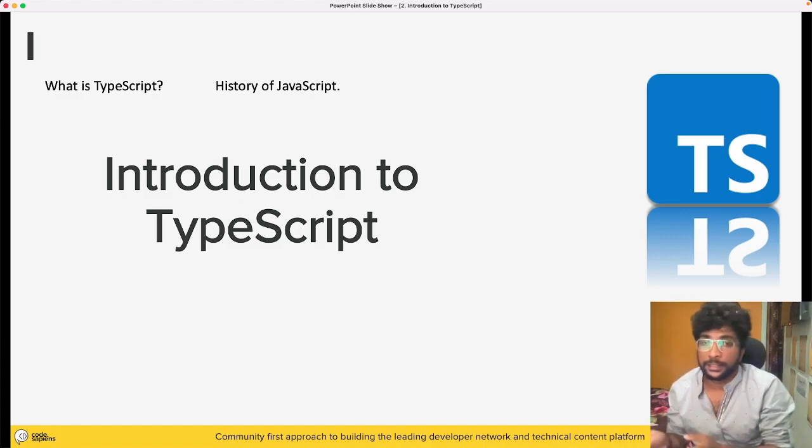But why, when JavaScript is already there, does TypeScript need to come into the picture? And what was the history of JavaScript? What were the problems JavaScript was facing when people were programming in it, and how was JavaScript built and how did it evolve? Nobody thought JavaScript would evolve this much, and nobody could foresee all of these problems. So I could say TypeScript is a problem solver for all of these problems which JavaScript has forced on us unknowingly, right?